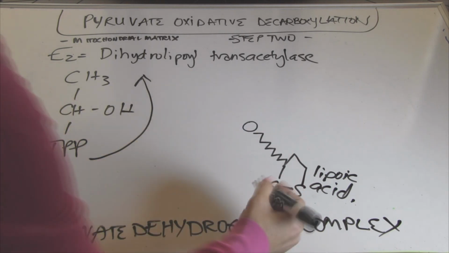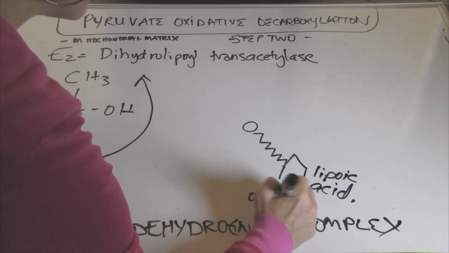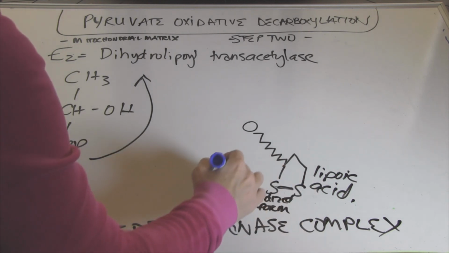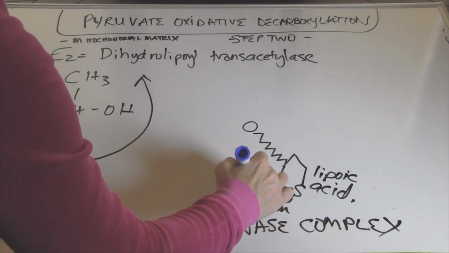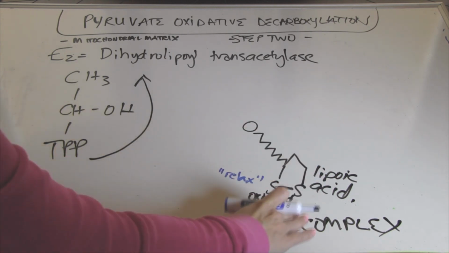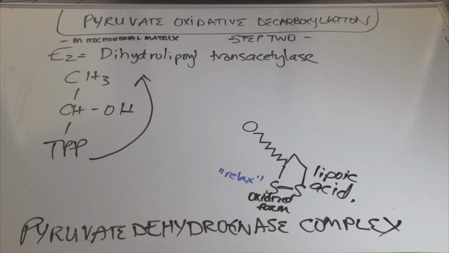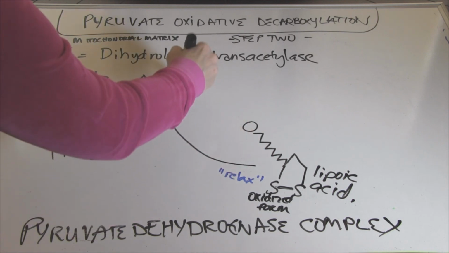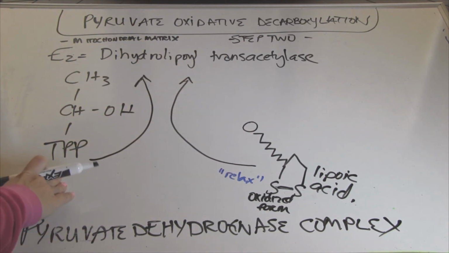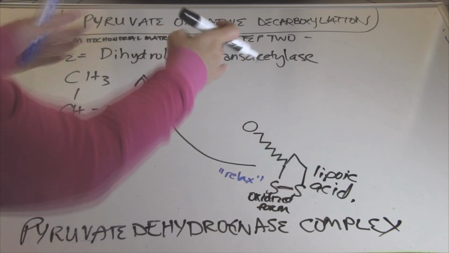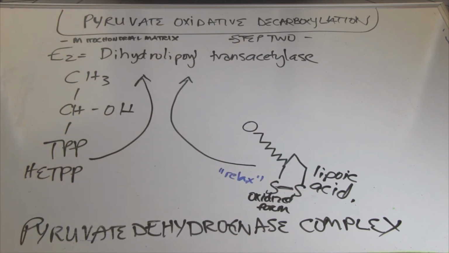This is going to be the oxidized form, and we'll say it's relaxing. It likes to be in this form. That's the relaxed form. But we're going to be reacting it with the HETPP. Okay, when we do, what we're going to end up with is